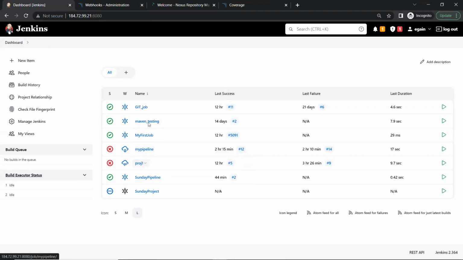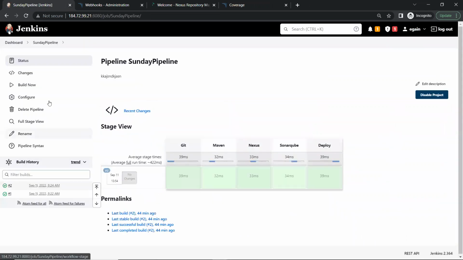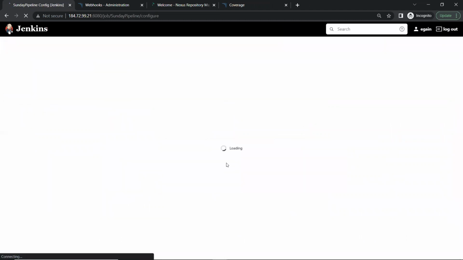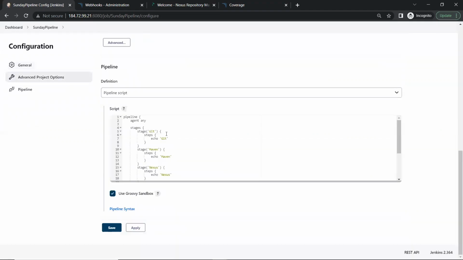We created this Sunday pipeline project, right? So I told you there can be two ways. One way is writing your full code here only, as a script. The other way can be